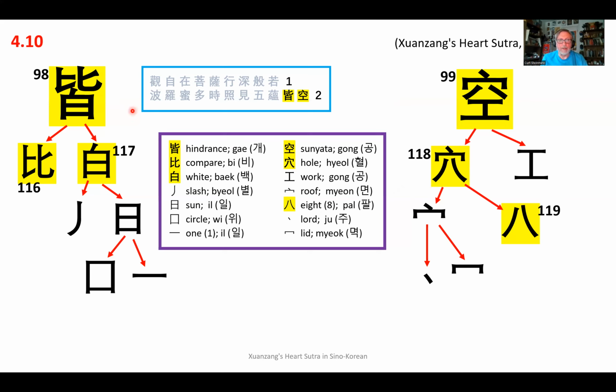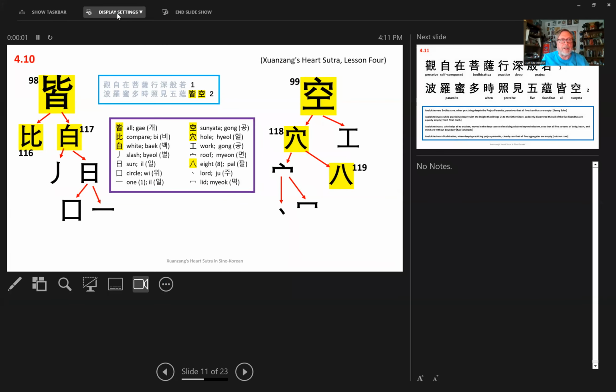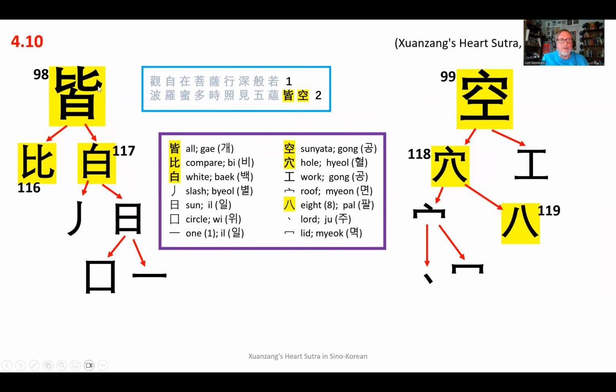This character, let me get my cursor here right. Okay, this is the character for... See, this is wrong. This is a mistake on the slide. There's another character that's pronounced "gay" that means hindrance. This character means "all." It doesn't mean hindrance. In fact, let me correct that in real time, because that's just too egregious of a mistake. Okay, all. It's very important for this part of the Heart Sutra to have that meaning correct there. All right. So this is the character for all, and it goes along with the character for emptiness, or empty,